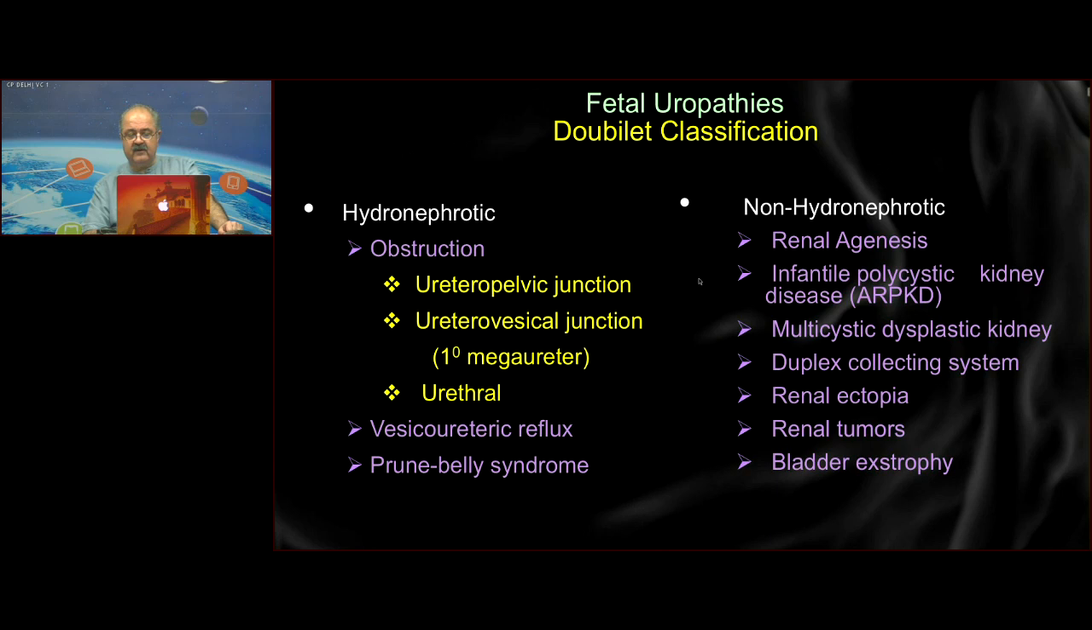And the non-hydronephrotic ones include renal agenesis, infantile polycystic kidney disease, also known as autosomal recessive polycystic kidney disease, multidysplastic kidneys, which we will talk a lot of today because there are new approaches to this, duplex collection systems, and we'll discuss imaging of these, renal ectopia as part of a differential diagnosis, renal tumors as an overview, and bladder exstrophy, and go through exactly what is new here and what we need to do, and we'll throw in a lot of